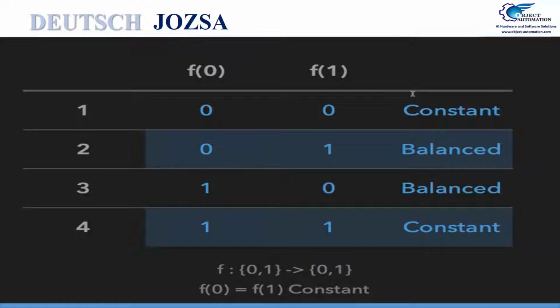And in the second and third scenarios, we see that with 0 it returns 0, with 1 it returns 1. And in the third case, with 0 it returns 1, and with 1 it returns 0. So we see that the output of the function does depend on the input. If you do it with the classical approach, it takes 2 steps to identify whether the function is balanced or constant, right? So now let's go and understand it with the quantum